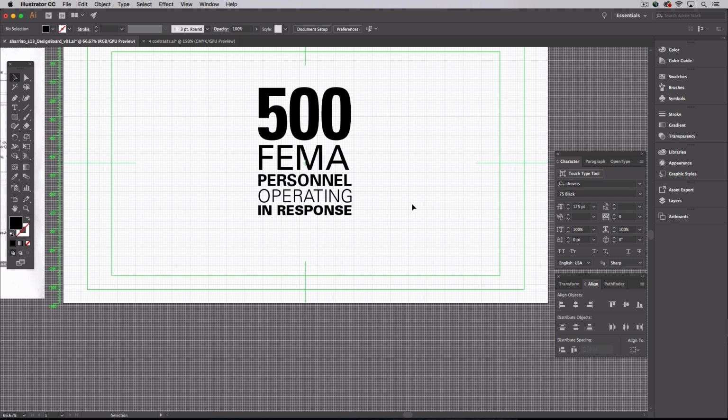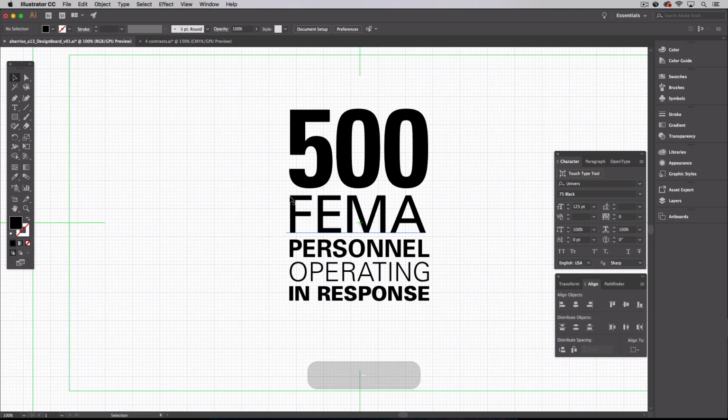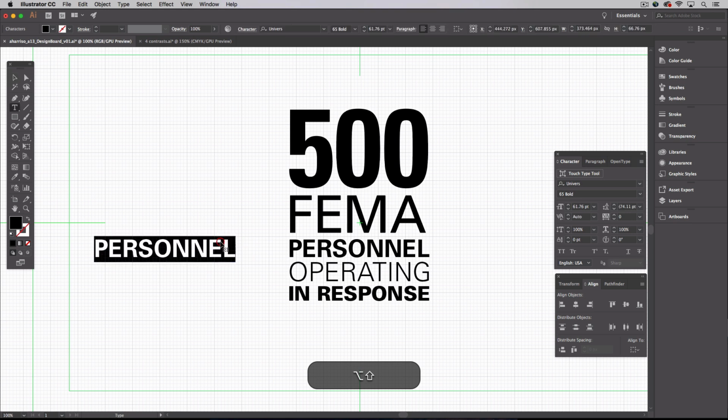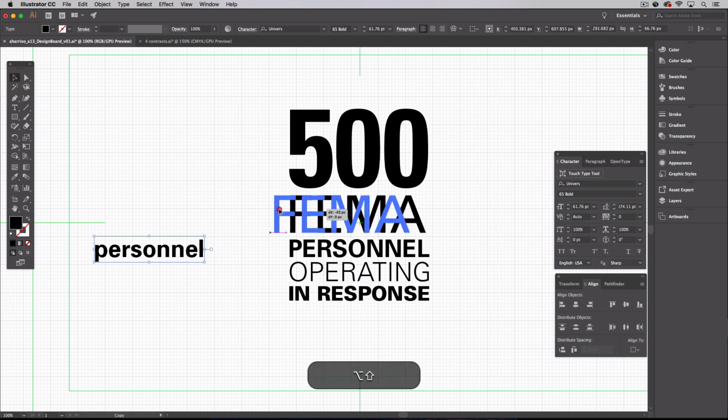And the main reason we're using all caps is it makes a nice block of typography where the baseline and what they call the cap height have one consistent flow to them. So again, just to show you the difference, if I was to do personnel with FEMA here,